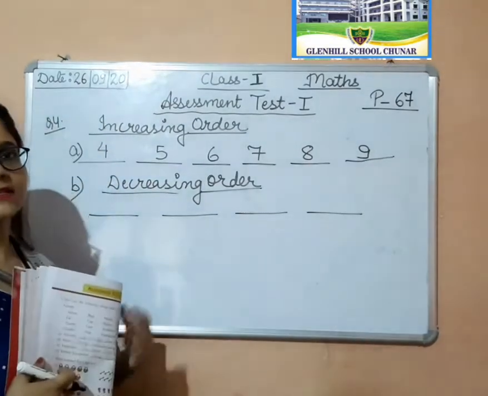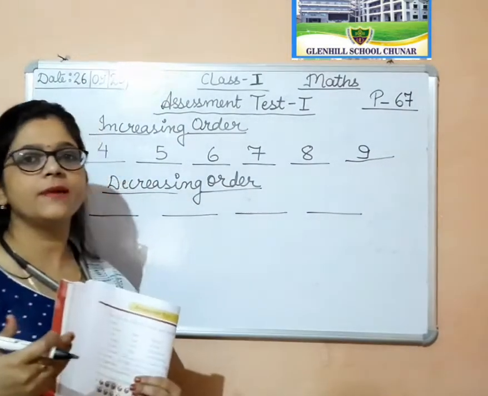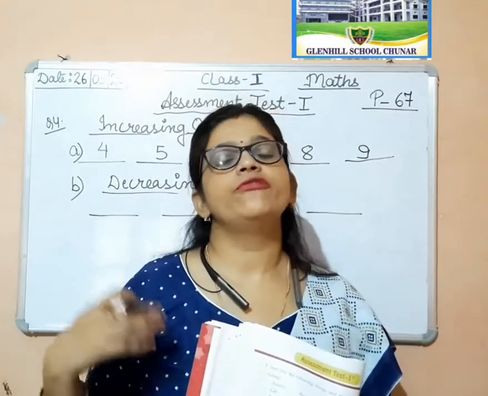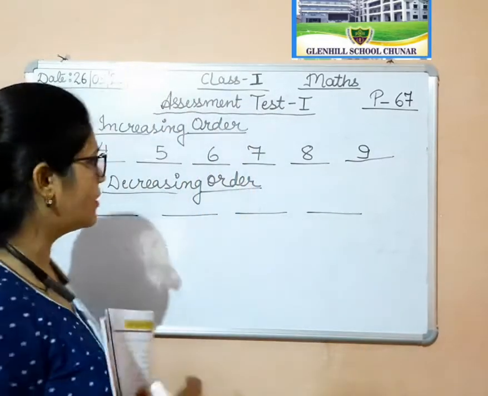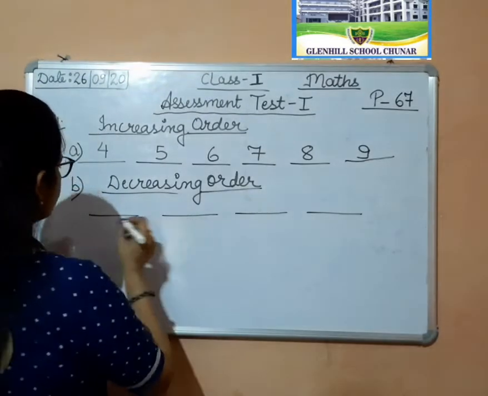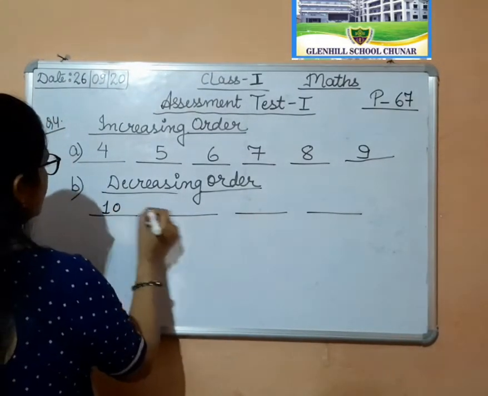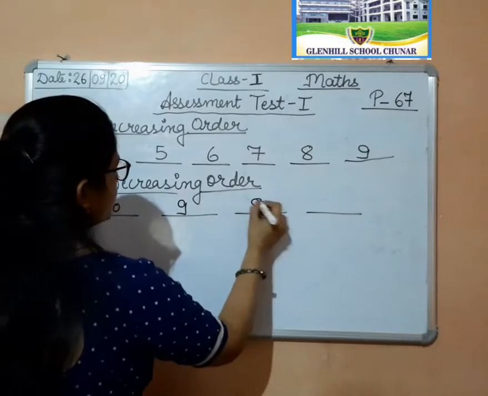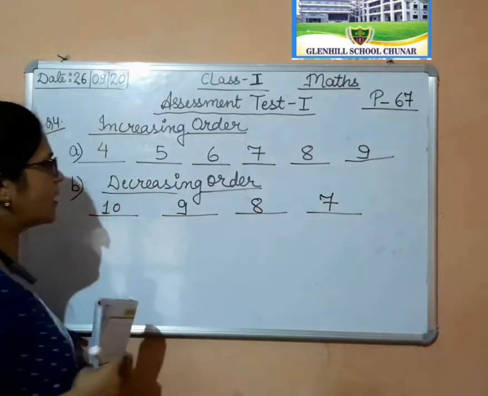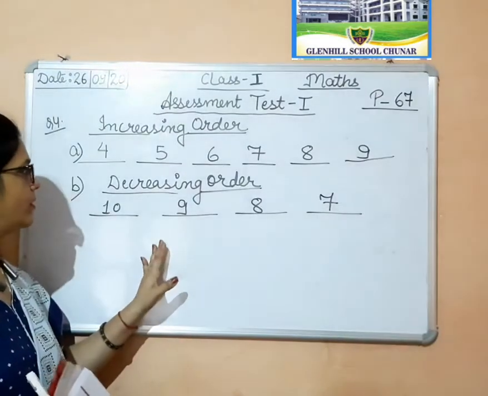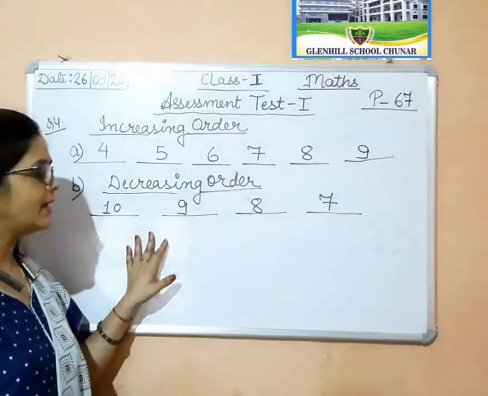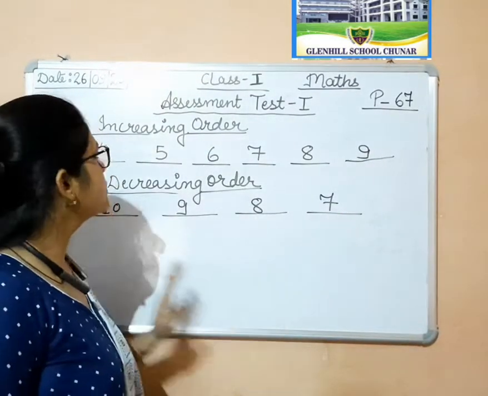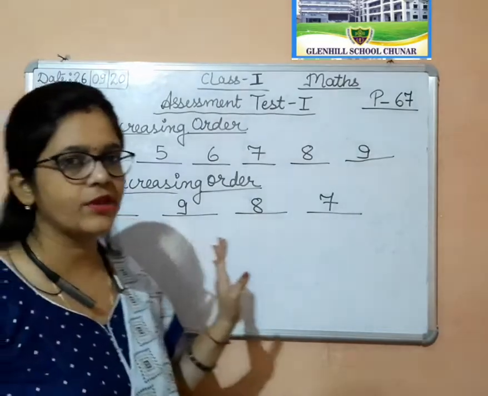Okay, so 10 के आपको down जाना है. Decreasing order means largest to smallest number. Okay, larger number पहले आएगा, फिर उससे larger, फिर उससे means smaller than, okay, सबसे smaller number. So from 10 you have to start from 10. So 10, 9, 8, 7. These are the 4 numerals, okay, in decreasing order from 10. Okay, so write down question number 4, student. I am giving you the time.